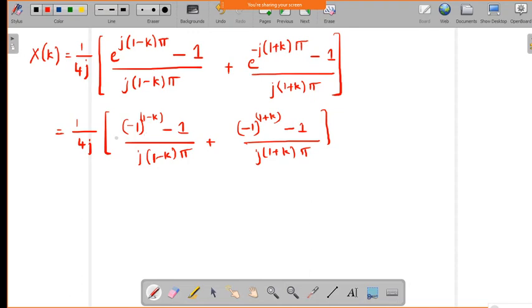So now you can put the values of k and you can get the magnitude spectrum. Okay. So you can write the expression and put the values of k and get the values of the spectrum X of k, the phase spectrum as well as the magnitude spectrum. Okay, so this is the X of k equation. Okay, so is there any doubt in this? So you can ask and you try to evaluate the magnitude spectrum as well as the phase spectrum. Okay.